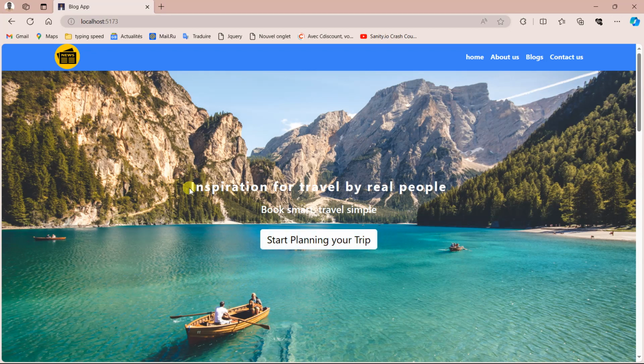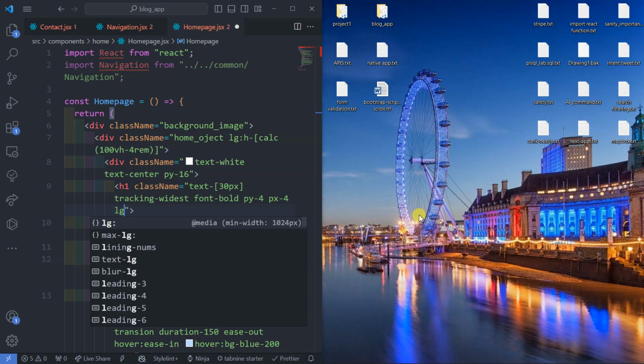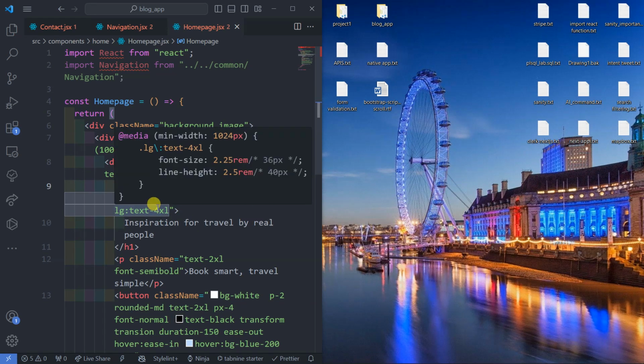So maybe we can try to increase the font size of this "Inspiration for travel by real people" text, but only for the case of large screen. So this text is here, so we can add again LG for large screen. We can add the text into 4XL. Save. If you want to know what's 4XL, just hover on it to show you. It's 40 pixels line height, font size of 36